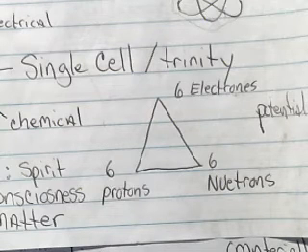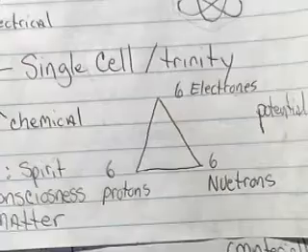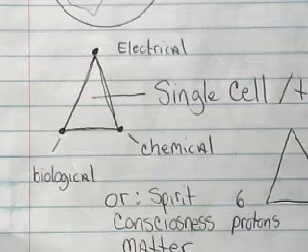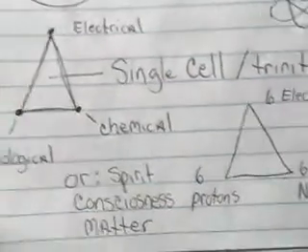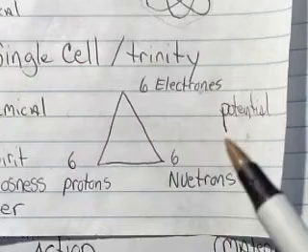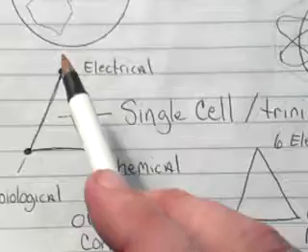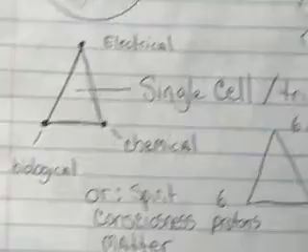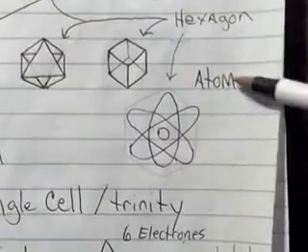It's a way to see things that probably until now, none of you have made that connection. So we go from a singular cell that has a trinity creation of the combination simultaneously of electrical, biological, and chemical, which makes the singular cell. It's made up of the exact same reflection identity of properties, but just on a smaller form known as electrons, neutrons, and protons. They are reflective of the exact same dynamics of each other. Exactly right. And then we're going to find out that that begins to constitute an atom.